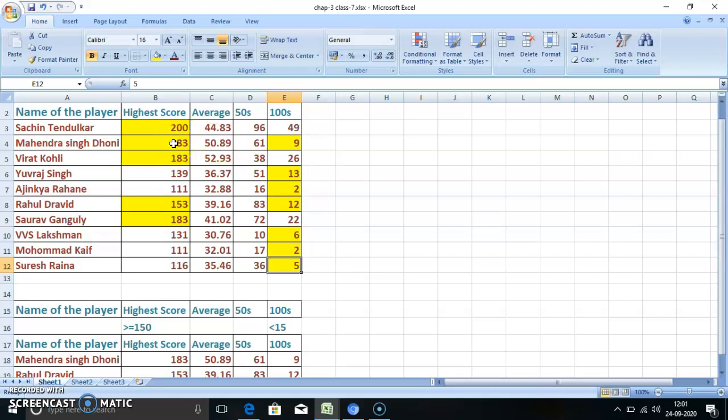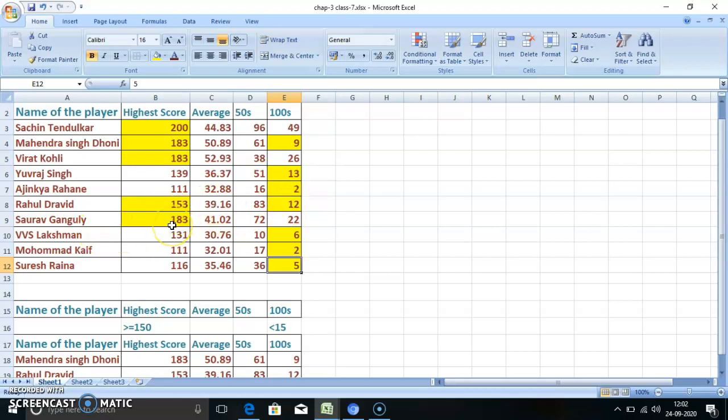Mahendra Singh Dhoni has a score more than 150 and century less than 15, that's why he is in the filtered list. Virat Kohli does not qualify because his century count is more than 15. Yuvraj Singh does not have a highest score above 150. Ajinkya Rahane is also not in the criteria. Rahul Dravid has a highest score more than 150, and the century is also less than 15, so he is in the filtered list.